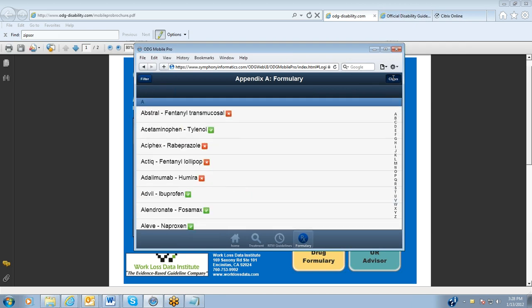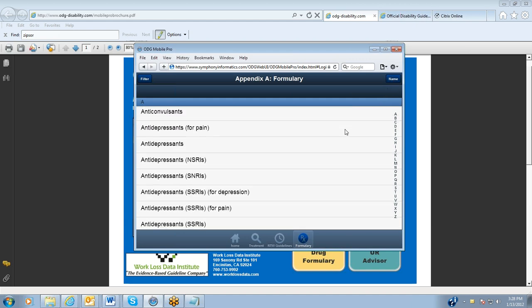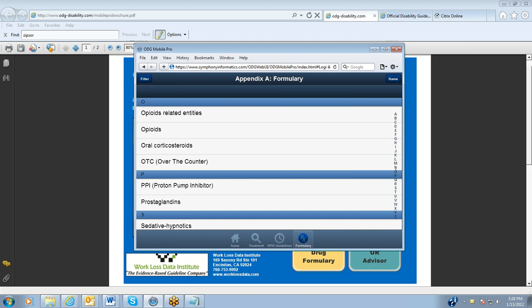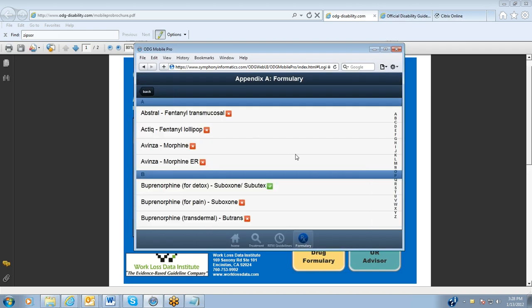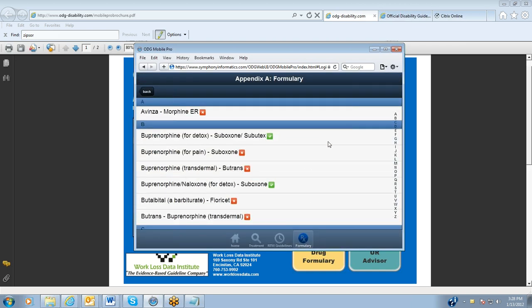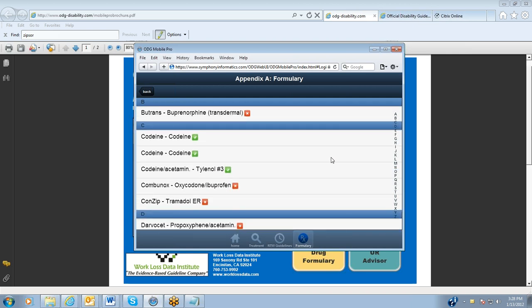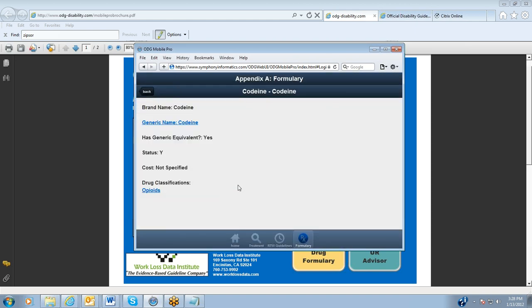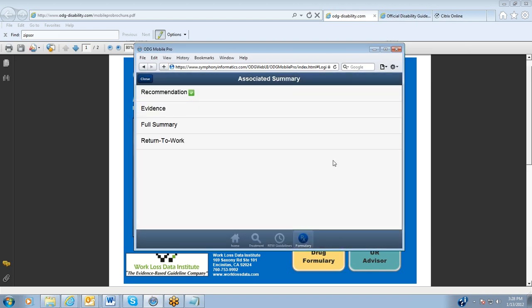So if I jump over to class, it'll give me a list of the different classes that are covered, and I can scroll through them or jump ahead. Let's say I want to go to the O's for opioids. These are the different opioids that are covered throughout the formulary. Some of them are yes drugs, status Y, some of them are N. But in each case, it will link to the supporting evidence within the procedure summary where that topic is addressed